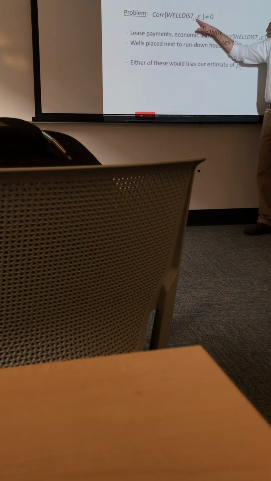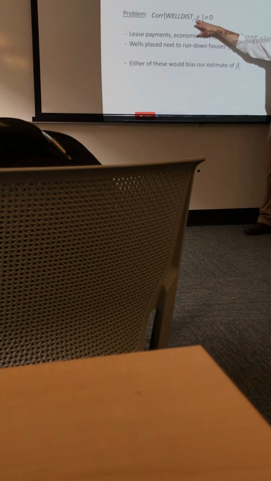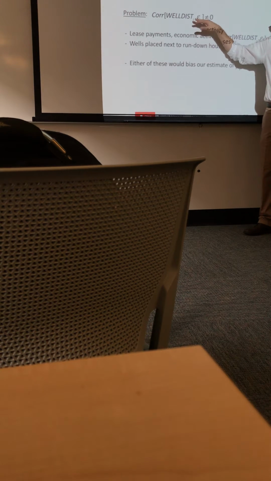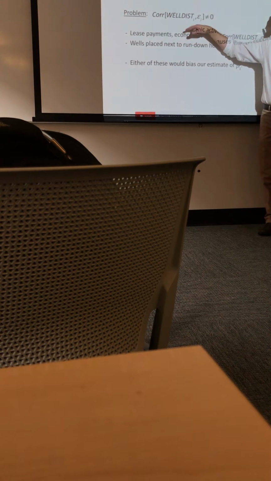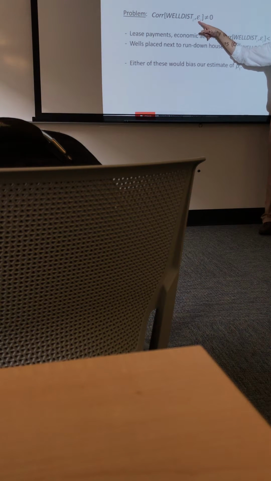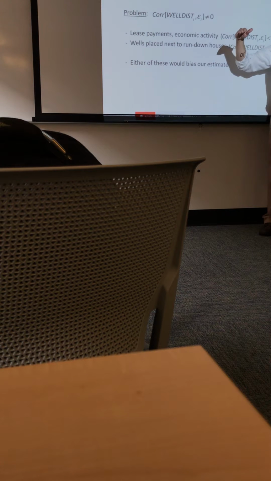But here's the problem that you could run into, right? If you've taken econometrics, you'll think about looking at the correlation between regressors and the error term should ring a bell. That's a problem if that's not 0. If you haven't had econometrics, what you want to think about is just that Stata is a stupid machine. It doesn't have a brain, right? It can't think. And if you give it a variable that looks a lot like the error term, if the error term moves with the variable, Stata is just going to attribute the error term to the variable.